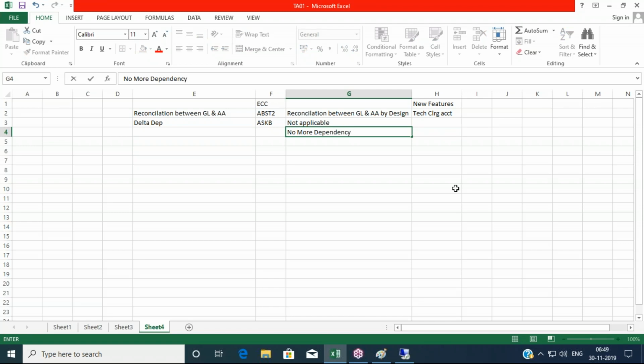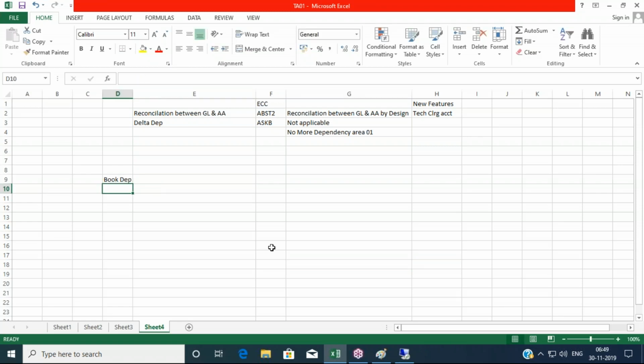No more dependency on depreciation area 01. So let's understand what this is. If you have two depreciation areas, book depreciation and tax depreciation, and some other depreciation areas also, like costing depreciation. This is your depreciation area 01, this is your depreciation area 10, this is your depreciation area, let's say